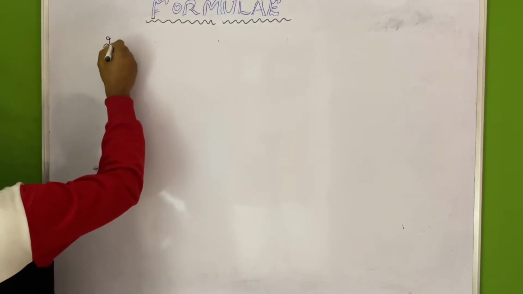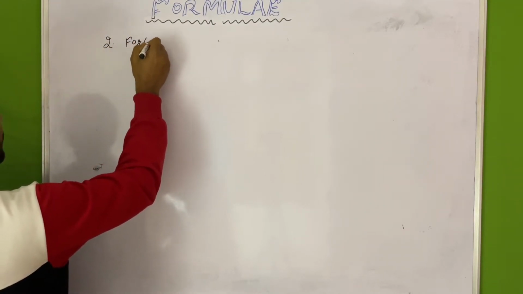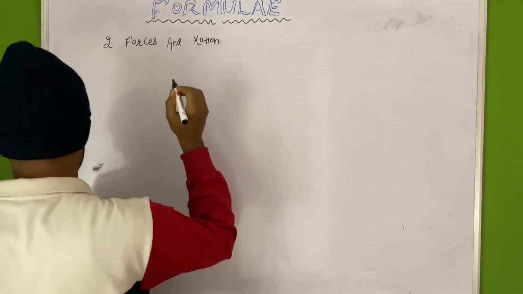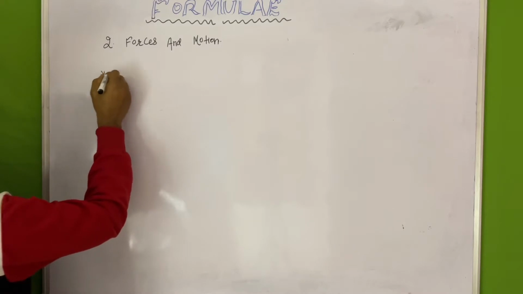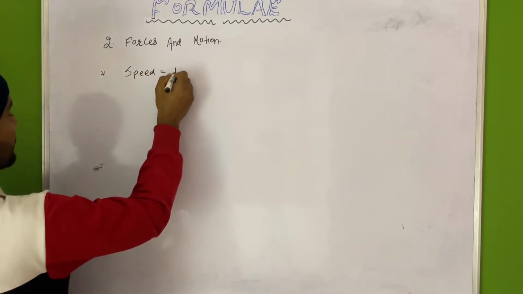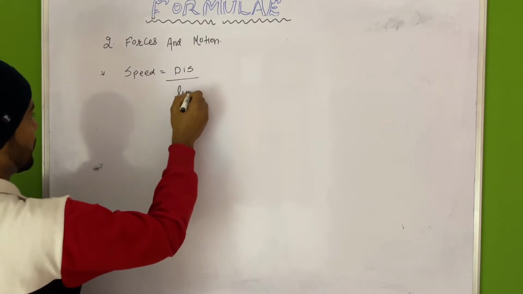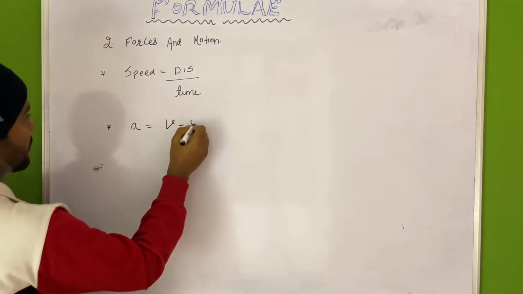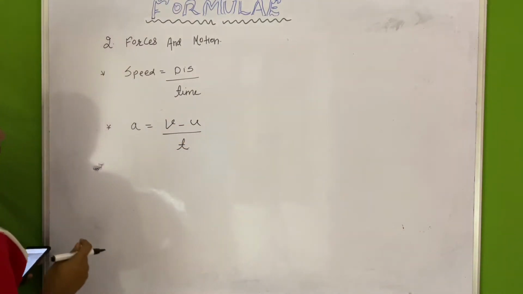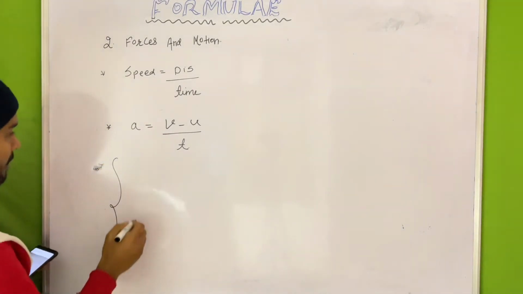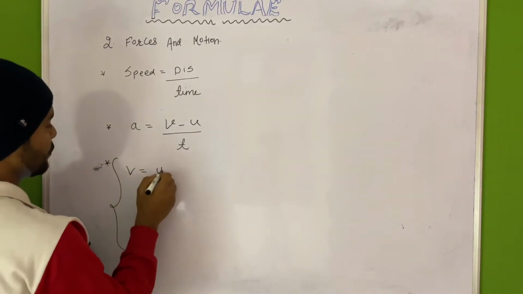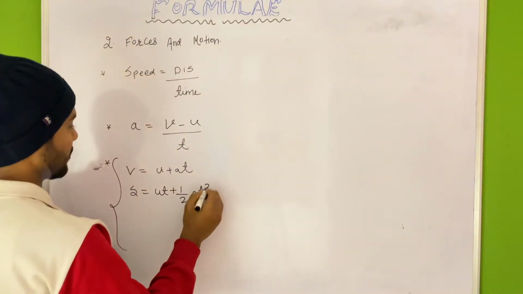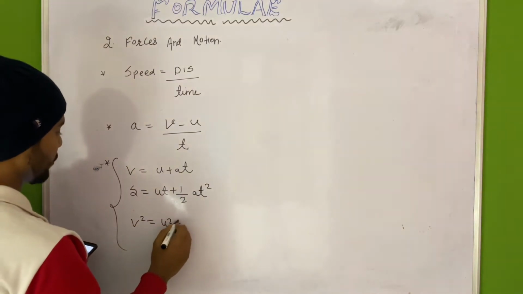Now we have chapter number 2, forces and motion. So first formula here is speed is equals to distance divided by time. Then we have formula for acceleration is equals to v minus u upon t. Then we have these three formulas, v equals to u plus at, s is equals to ut plus half of at square, and v square is equals to u square plus 2as,